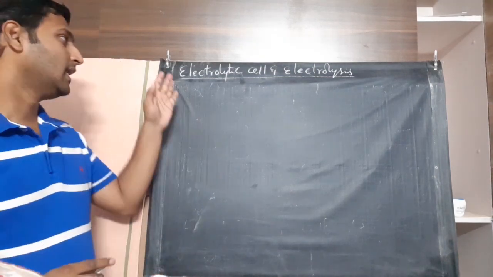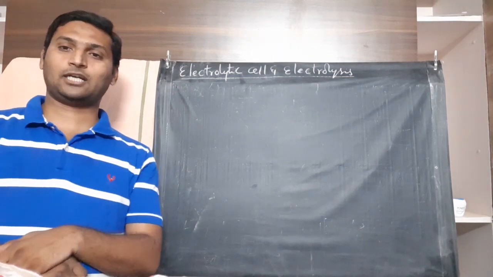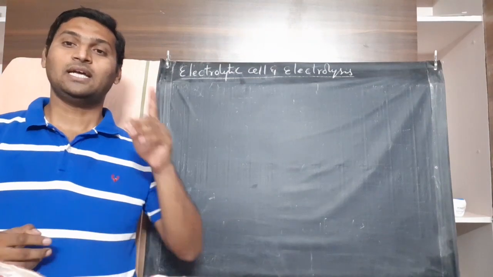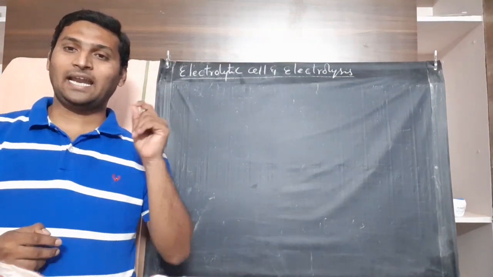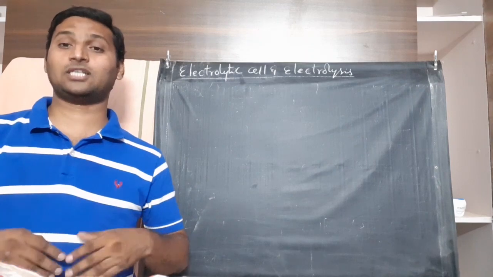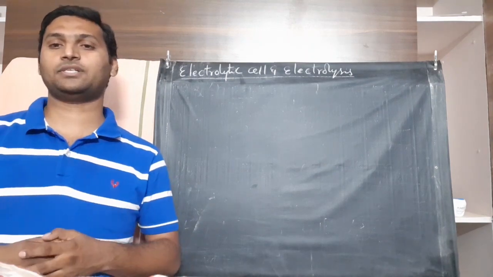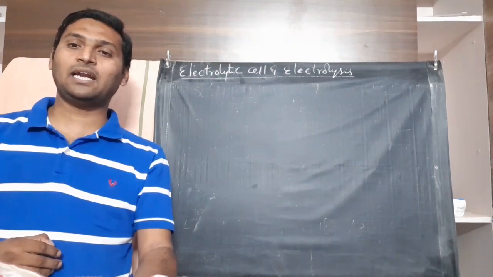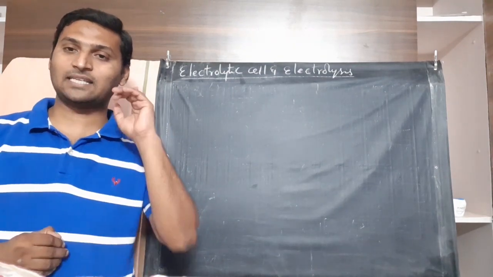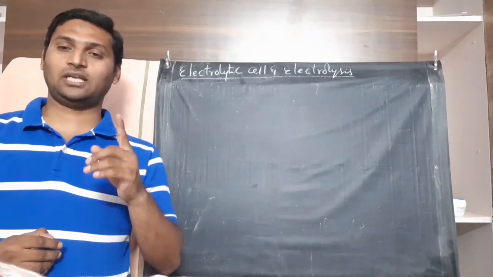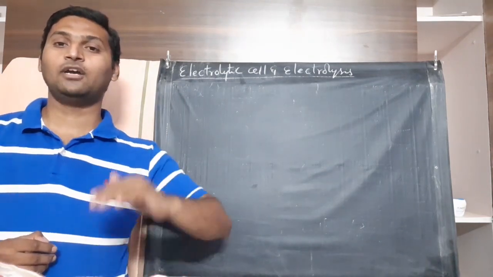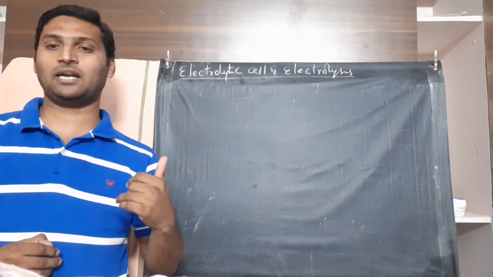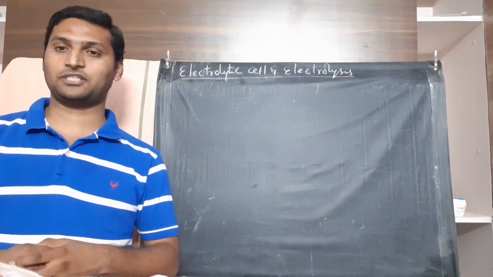Okay. Now, what is an electrolytic cell? Already in the introduction, I have elaborately explained to you that it is a device in which a non-spontaneous redox reaction is conducted by passing electricity. That means here electrical energy is used, chemical energy is produced. Whereas in a galvanic cell, the chemical energy, that is the reaction, was performing itself to liberate electrical energy. So there electrical energy is produced, chemical energy is used. Here it is the reverse.